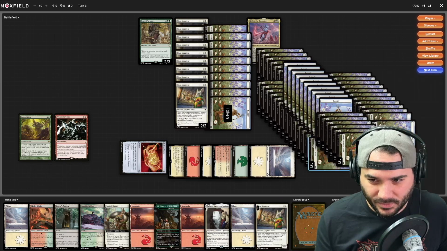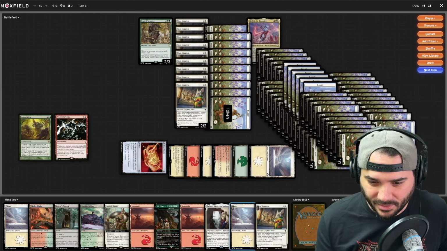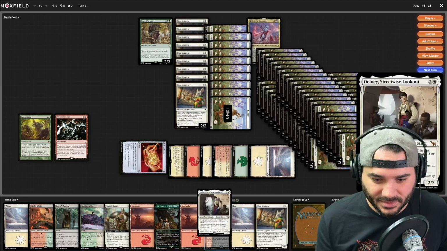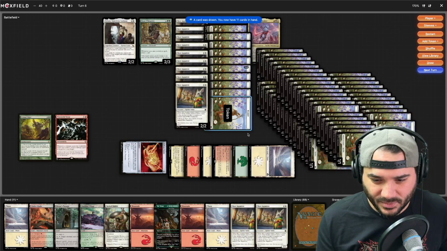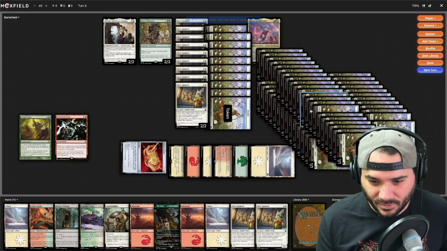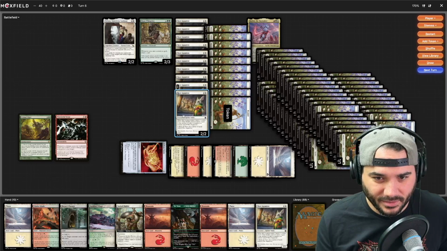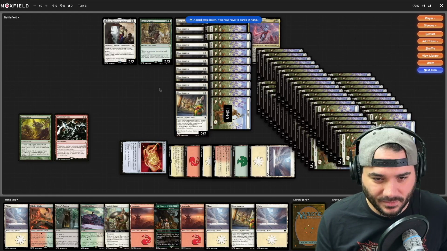At this point, with what we've got left, we want to go 1, 2, 3, 4. That's for the Hare Apparent. Let's see, 1, 2, 3, 4, 5, 6. Perfect. So we can cast Delaney. We're going to draw off of Beast Whisperer, and then we've got 2 mana up to cast the next Hare Apparent. Trigger Beast Whisperer to draw a card, and then we're going to make this time 1, 2, 3, 4,